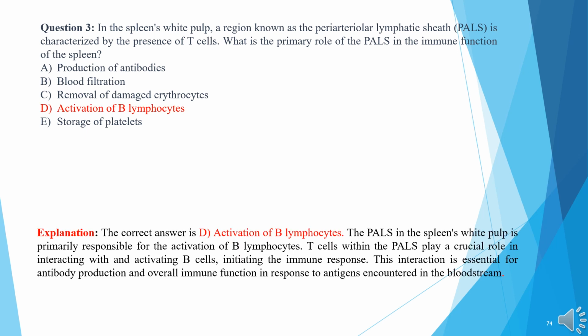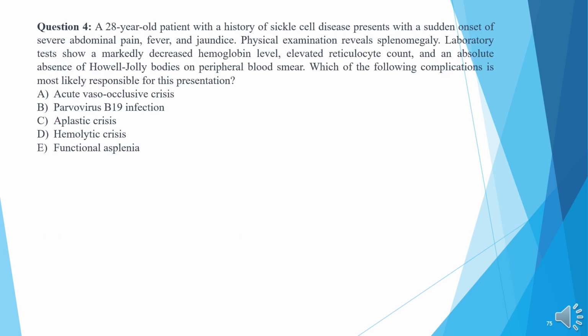Activation of B lymphocytes. The PALS in the spleen's white pulp is primarily responsible for the activation of B lymphocytes. T cells within the PALS play a crucial role in interacting with and activating B cells, initiating the immune response. This interaction is essential for antibody production and overall immune function in response to antigens encountered in the bloodstream. Question 4. A 28-year-old patient with a history of sickle cell disease presents with a sudden onset of severe abdominal